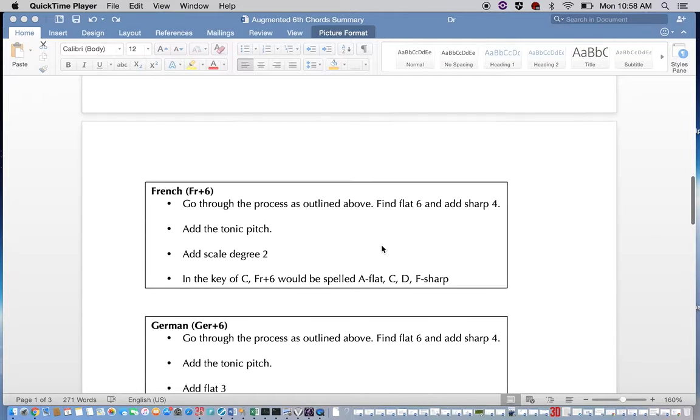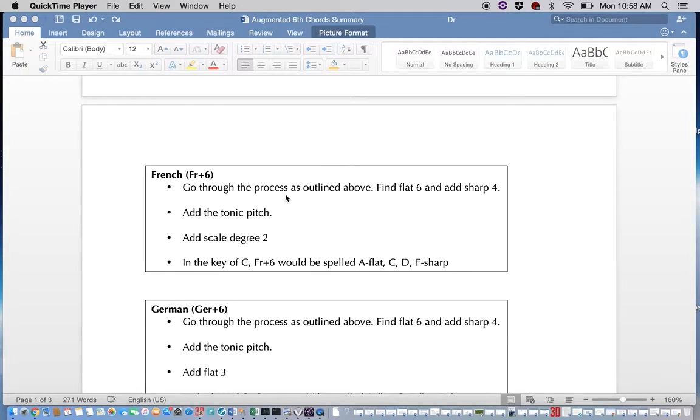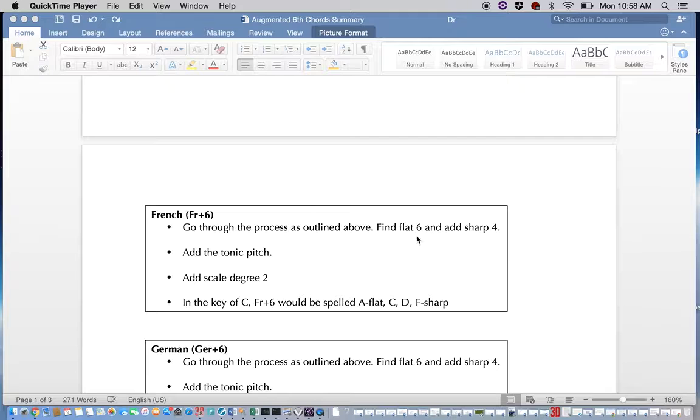For French, we go through the process as outlined above. So we find flat 6, which we said was A flat, sharp 4, F sharp. We add the tonic just like we did with the Italian, so it would be C. Right now we have A flat, F sharp, and C, and then we add scale degree 2, which would be D. So we would have A flat, F sharp, C, and D, and that would be called the French augmented